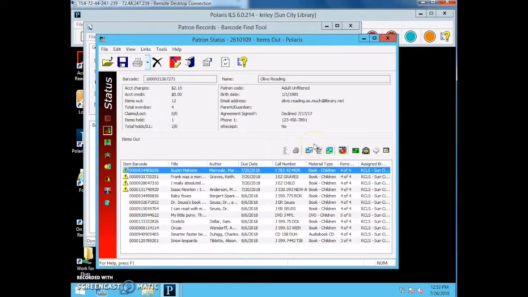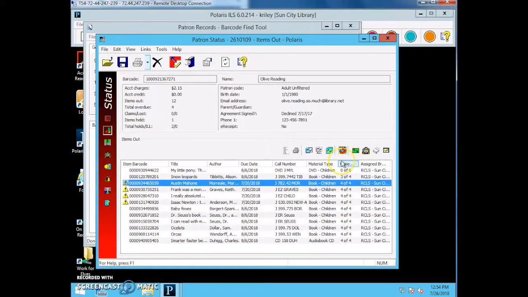A shelf check is simply checking to see if the item is on our shelf. Both the call number and the barcode would have to match in order for us to waive the fine if they were charged an overdue fine for it being on their account too long. To the right of this is also material type and the renewals left. This is also important because this will show how many more times they can renew it. If it's at 0, they'll not be able to renew anymore. And they need to know this because they need to know if they absolutely have to turn it in. That way they won't get charged for fines if they can't make it in and they didn't realize that they